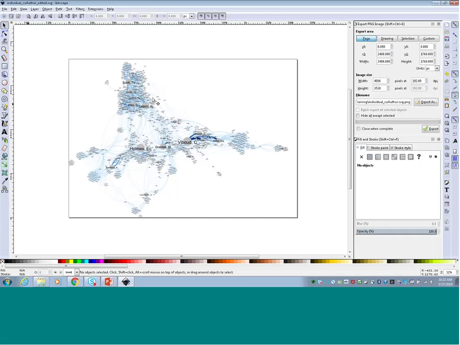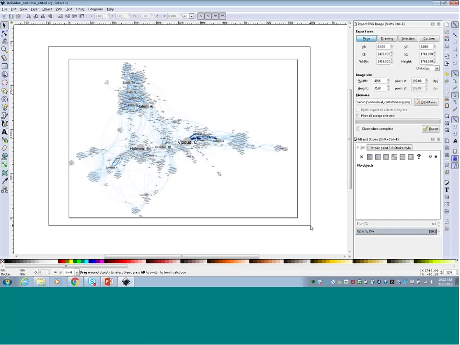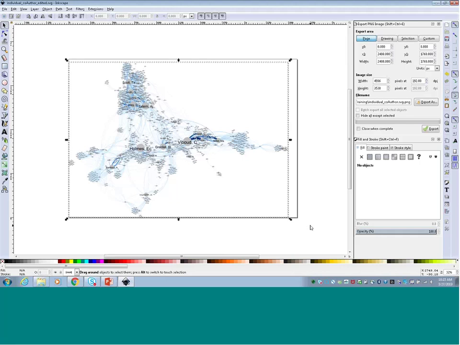So the next thing that we're going to do is we're going to just tweak where the image actually is to just give ourselves a little bit of buffer room around the page borders. So I'm going to select the selection tool up here in the upper left, and then I'm going to click, hold, and then drag to select the entire image. So you can select pieces of the image, or you can select the entire thing by doing that click, hold, and drag option. So I'm going to do that.